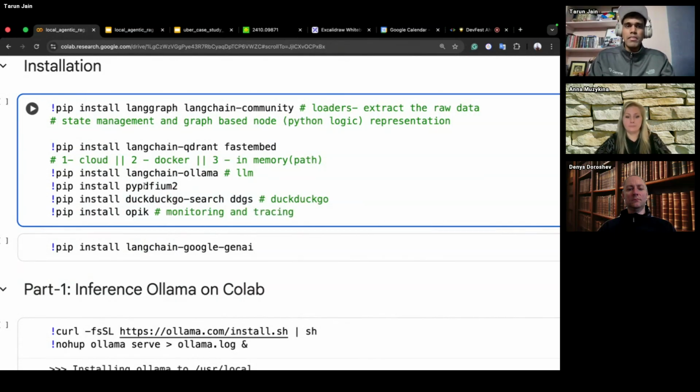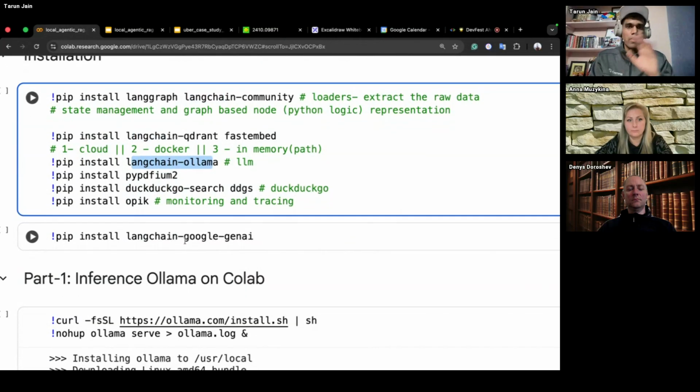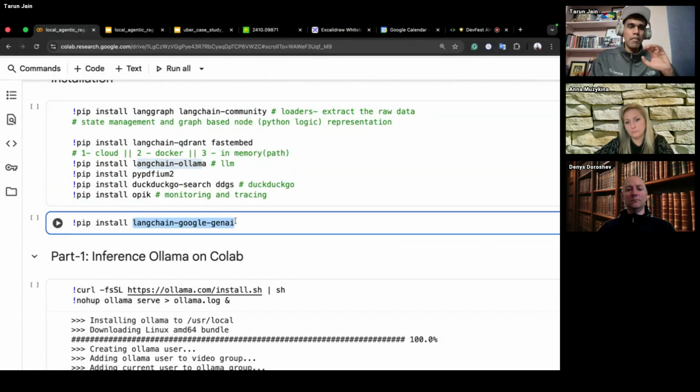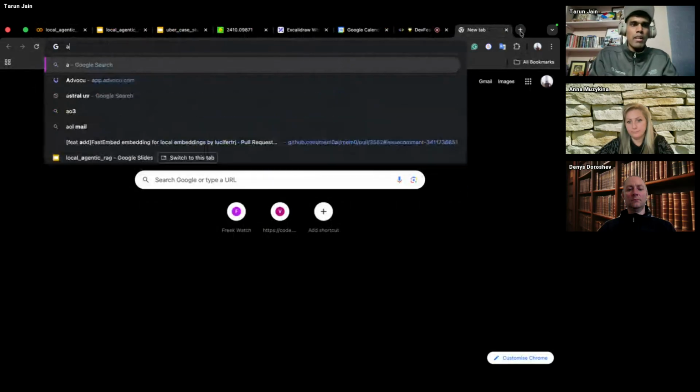And in case Ollama is taking too much time, for this demo purpose I didn't intend to use this, but if we are against time and have less time, what we will do is, instead of using Ollama, we'll be using LangChain Google Generative AI. So Anna has already mentioned AI Studio. So if you look at